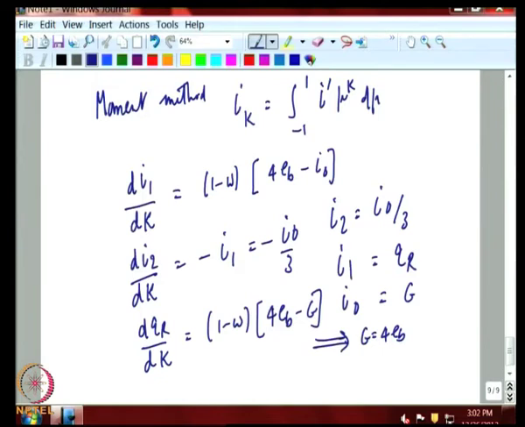But if you look at the second equation for G, you get a very interesting result, which says that